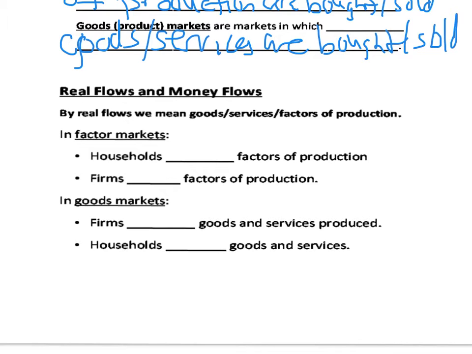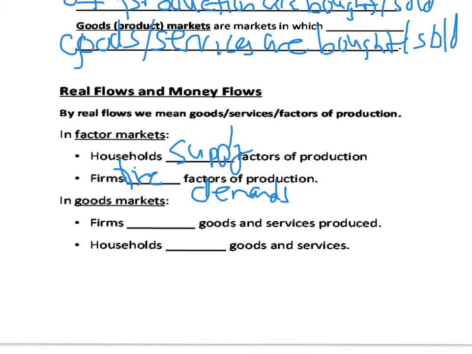And in factor markets, households, the individuals, they are the owners of the factors of production. For example, workers own their labor, so they supply the factors of production, and firms, in this case, are the ones who hire or demand